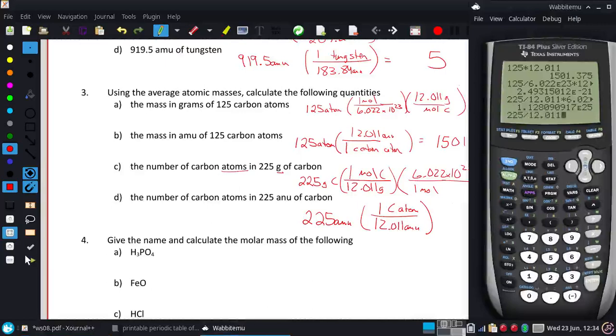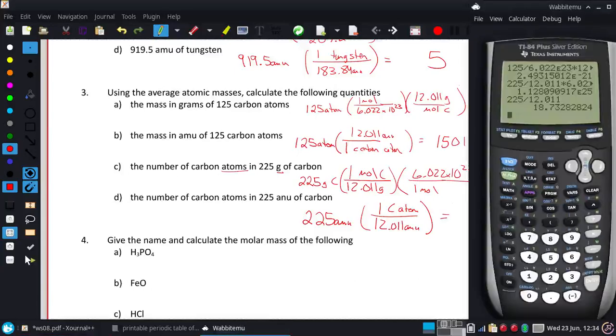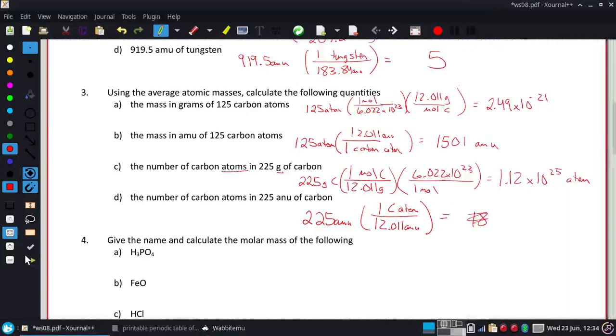A mere 18.7, but there couldn't be a fraction of that. So we're going to assume the AM used was slightly off, and that was 19 atoms. Have to have a whole number of atoms, at least in chemistry. All right, next one is just figuring out molar